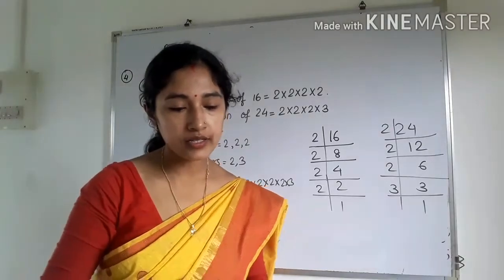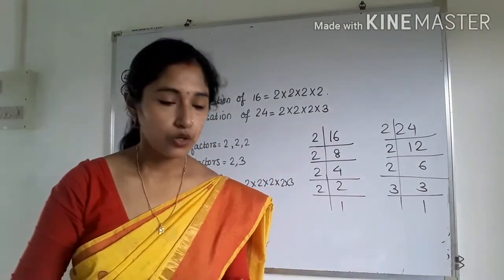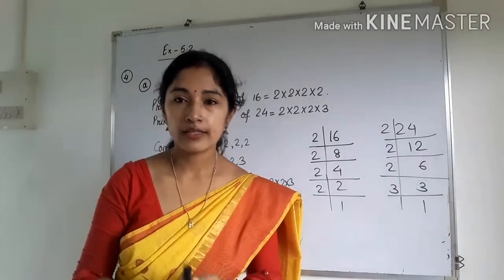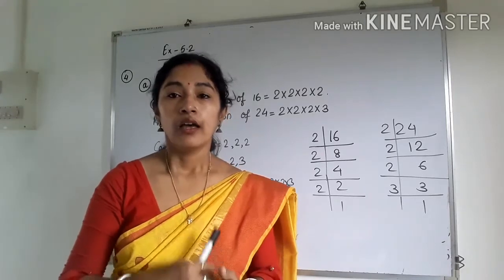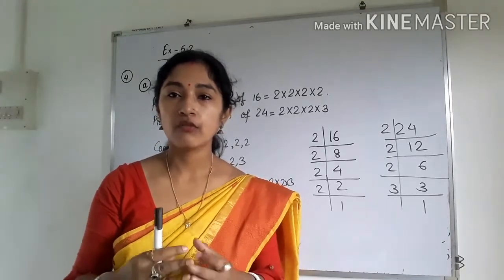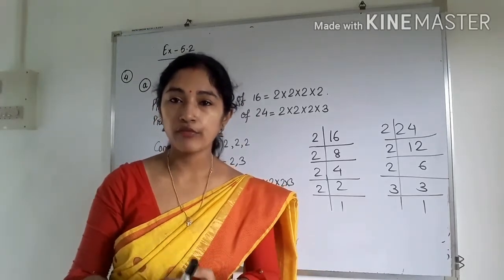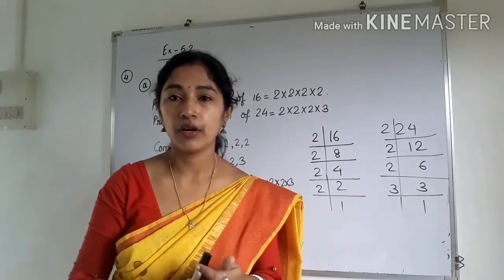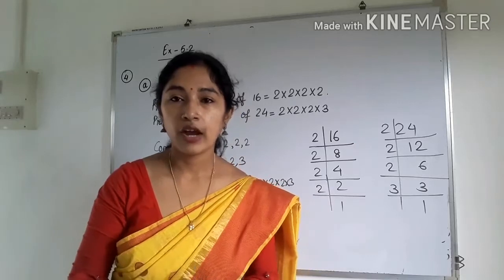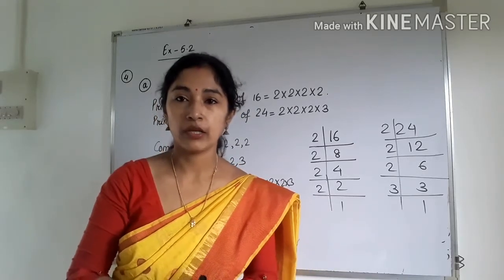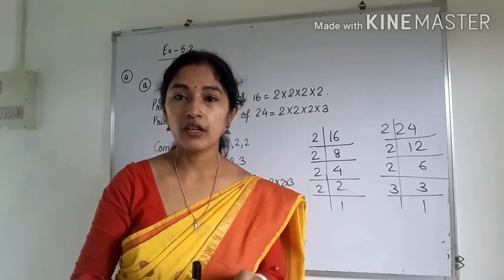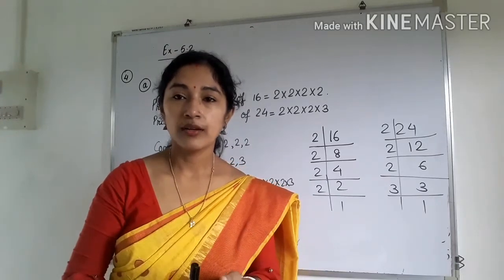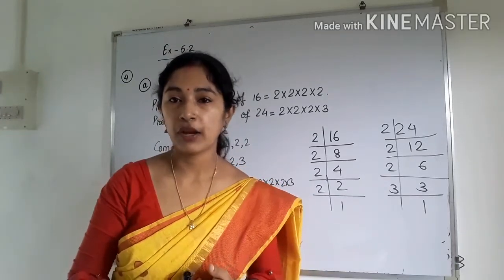Here we have to find the LCM using prime factorization. Okay. So see, in the last question also we have to find the LCM only. That is the same question, but in question number 3 prime factorization was already given. But here we have to do prime factorization. Okay, so how to find the prime factorization of a number? There is a method. You can easily find the prime factorization of any number by using that method. So the first will be factor tree. Already you know how to find the factor tree of a given composite number. Okay, by that way you can easily find the prime factorization.